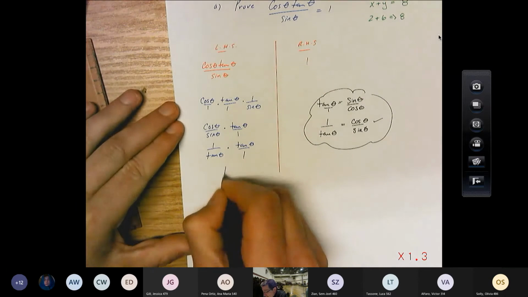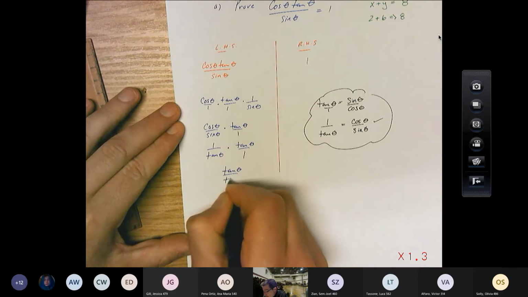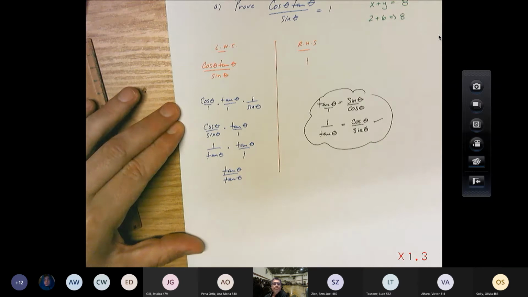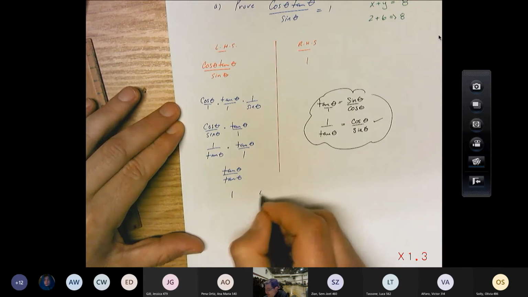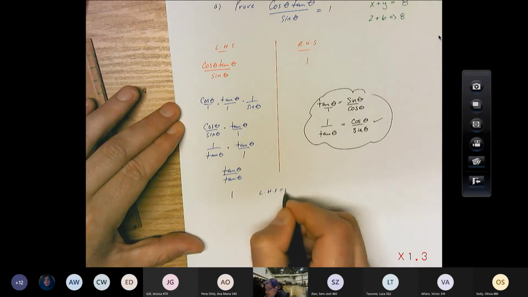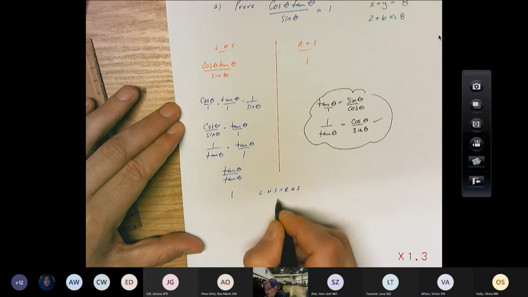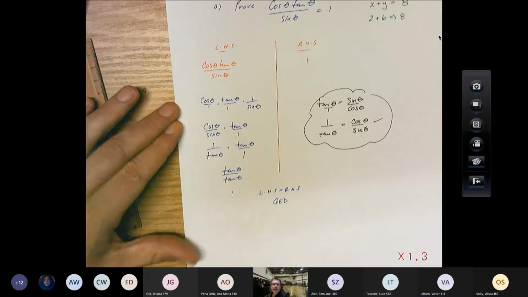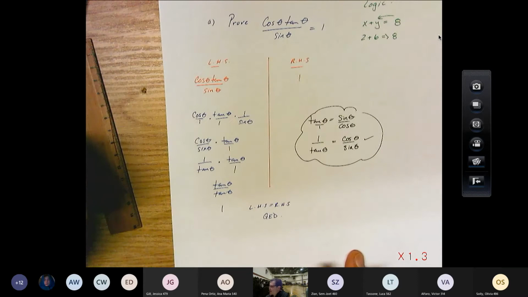And what that is, tan over tan, and that's going to be 1. And I got left-hand side equals right-hand side. And if I want to be particularly obnoxious, QED. And ladies and gentlemen,